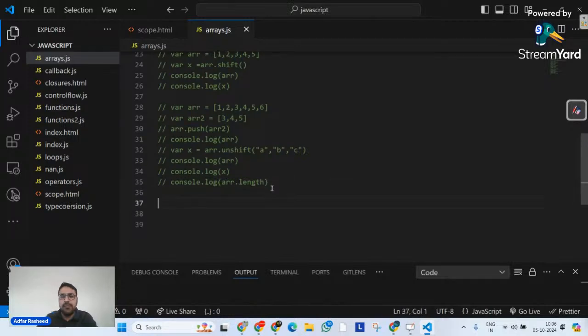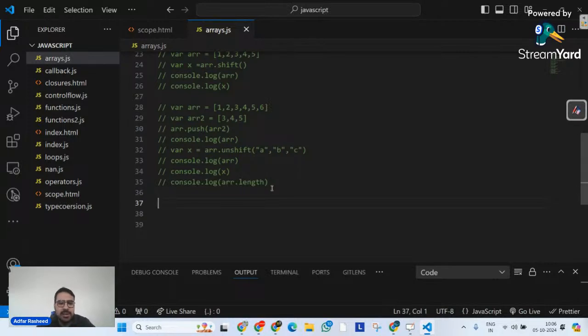Let's understand a few more methods, very important methods. There are two types of methods, always remember, in array. One method is that's going to simply make a real change on the original array. It's going to update the original array. Whether we talk about push, it updated the original array. Whether we talk about pop, it updated the original array. Later on in today's class, we will see some of the methods that will not update the original array, but they will do something else. They might return a new array out of it, or they might do something else. But they won't affect your original array that we have.